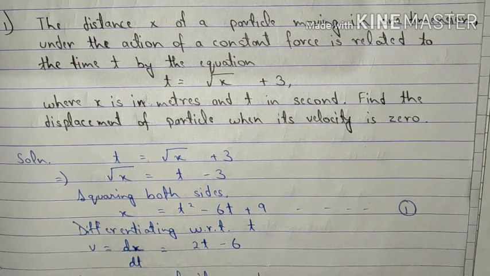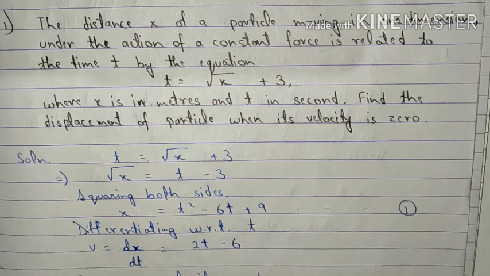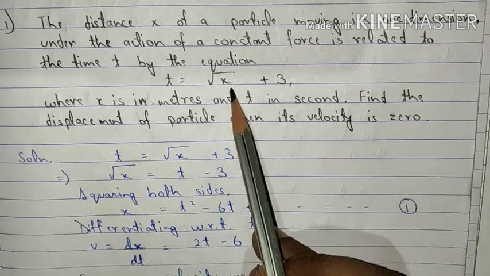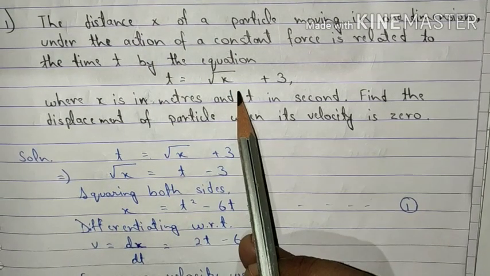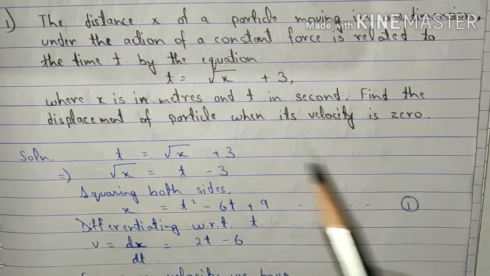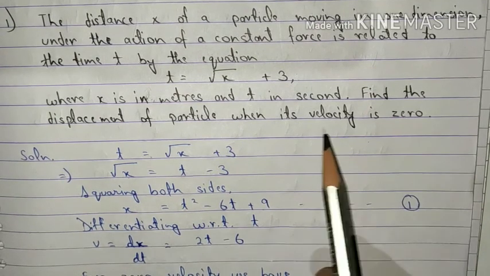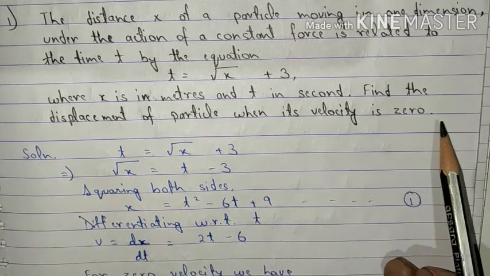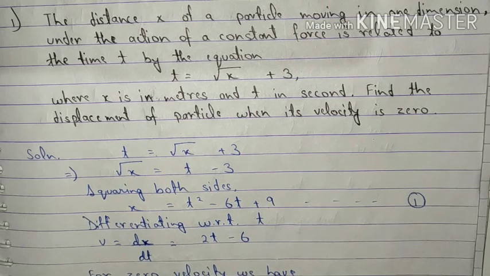See, students, make it a habit that whenever you see a question, read it at least twice and try to find out all the quantities which have been provided. For example, in this particular question, time has been given to us. We have a distance whose value is x. Moreover, as you can see in the statement itself, find the displacement of a particle when its velocity is 0. That means the value of v is given as 0 over here.